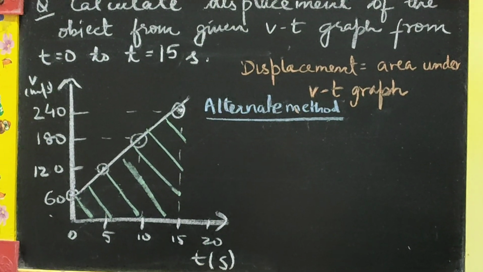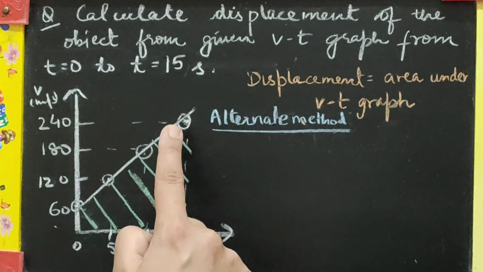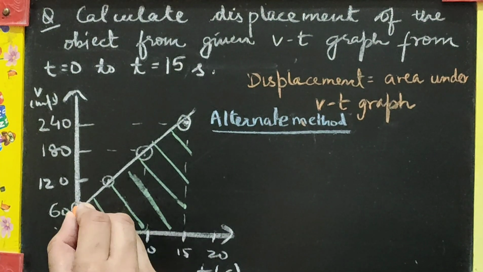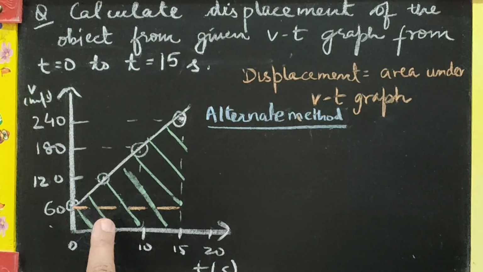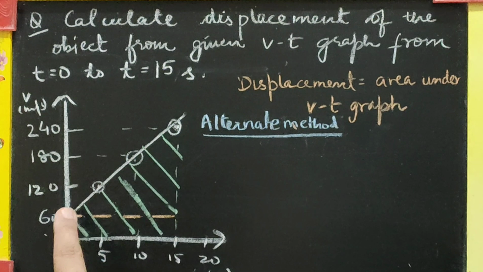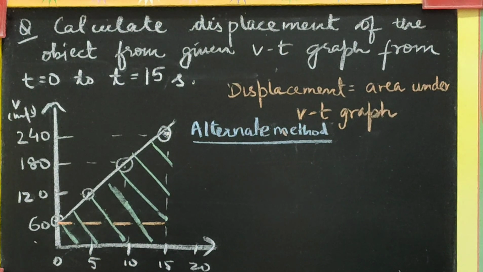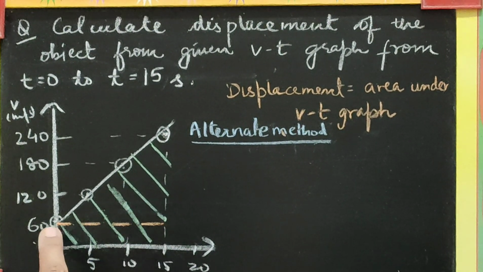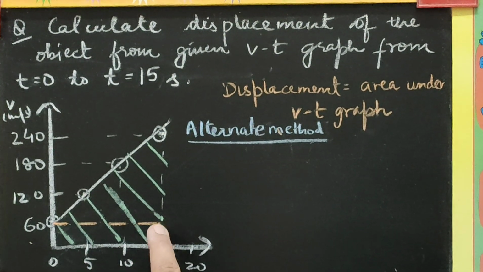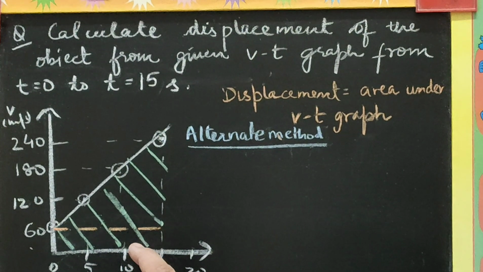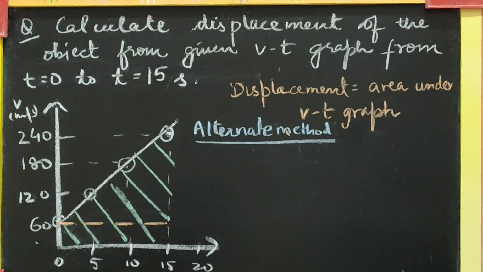Another way of solving the same numerical is that instead of considering the total area as that of a trapezium, we can divide this total area into two different geometrical figures: one is a rectangle and one is this right angled triangle. I again repeat, I have divided it into two parts. I have taken one rectangle and the leftover area is that of a right angled triangle. Now we can calculate these two areas separately, and when we add both of them, we should get the same answer. So let us calculate.